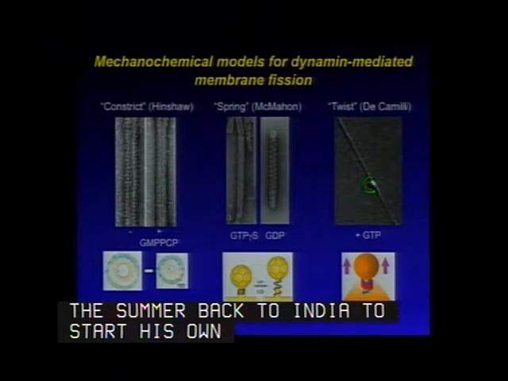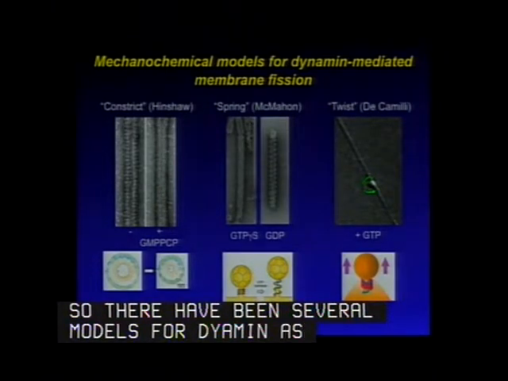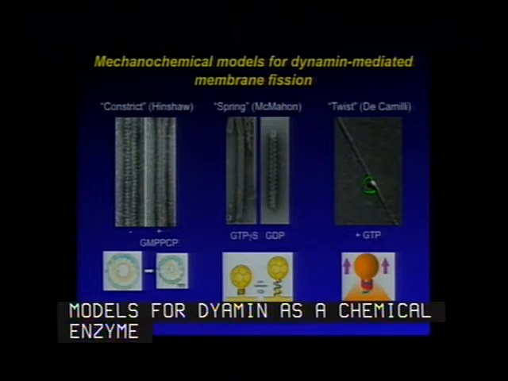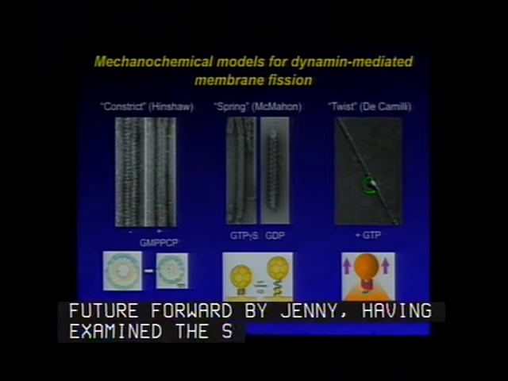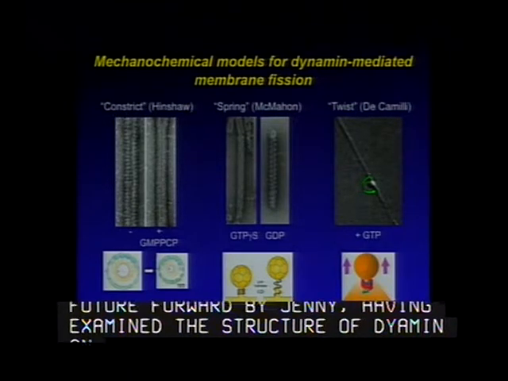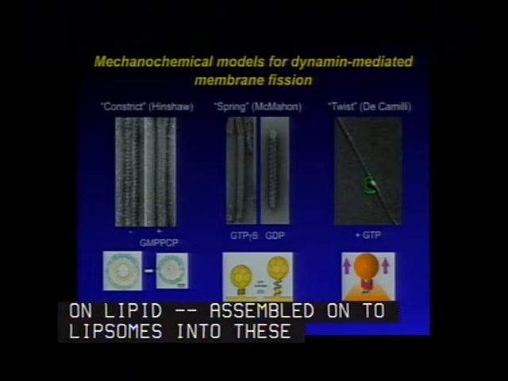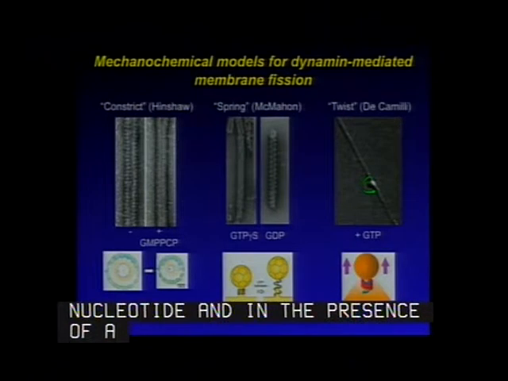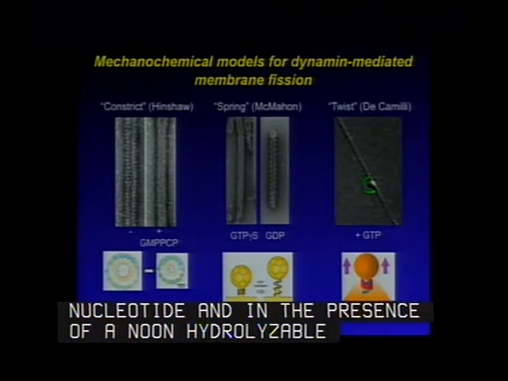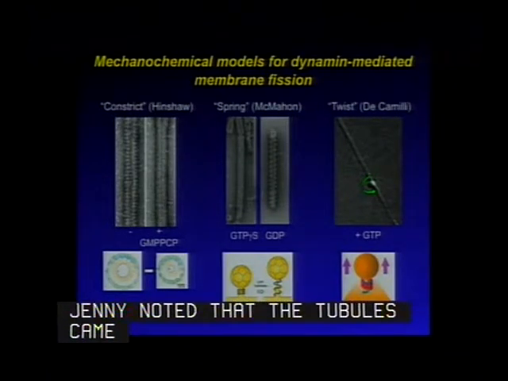So there have been several models for dynamin as a mechanochemical enzyme mediating membrane fission. The first detailed model was put forward by Jenny Hinshaw, having examined the structure of dynamin on lipid, assembled onto lipid tubules, or onto liposomes into these tubules, both in the absence of nucleotide and in the presence of a non-hydrolyzable analog of GTP, GMP-PCP. And Jenny noted that these tubules became constricted in the presence of GTP and suggested that dynamin functioned to squeeze the necks